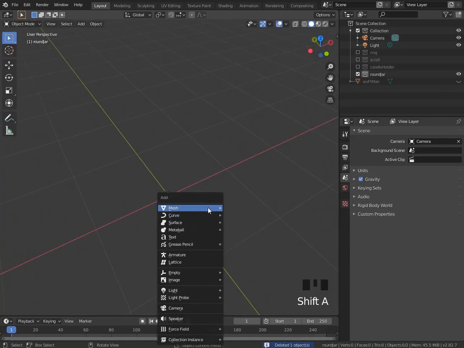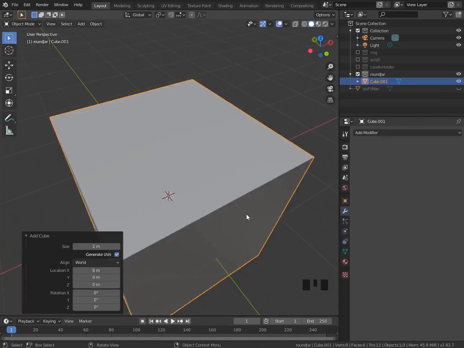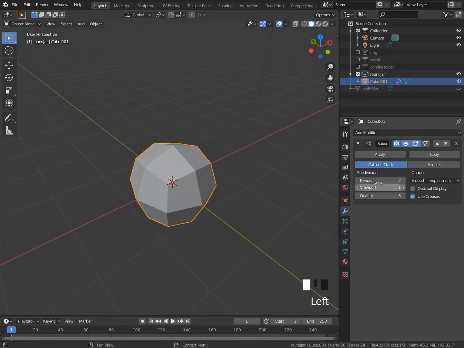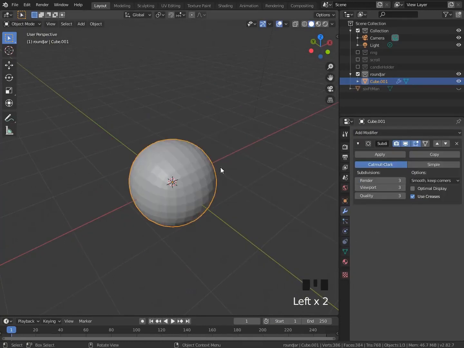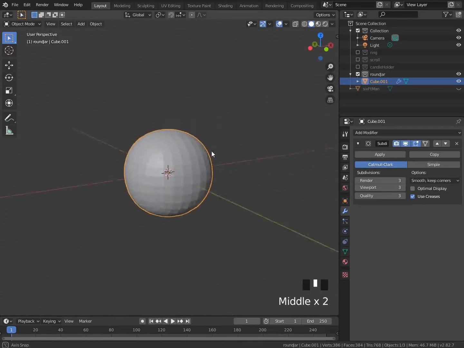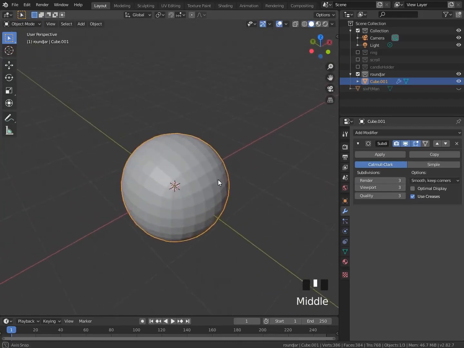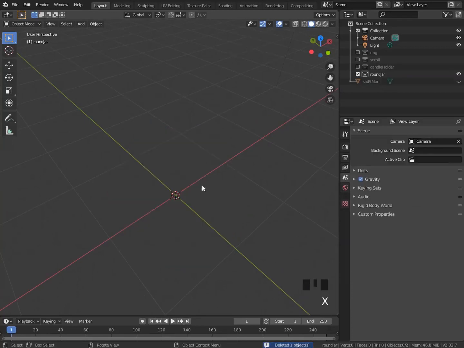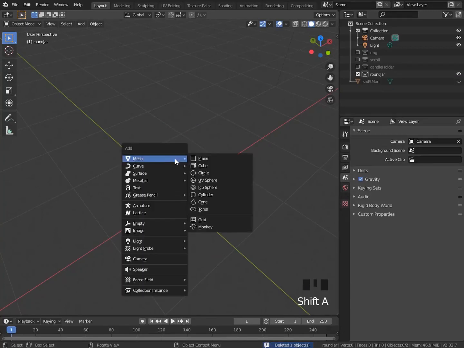One of them is going to be whenever we start with a cube and we can just simply run a subdivision surface on top of it. And now we end up with a sphere that now doesn't have any triangles. The problem with this is that we need to have that cylinder on top because that's going to be the base of our second primitive shape. So we're going to do a different technique, a topology technique to fix up this sphere that we're going to